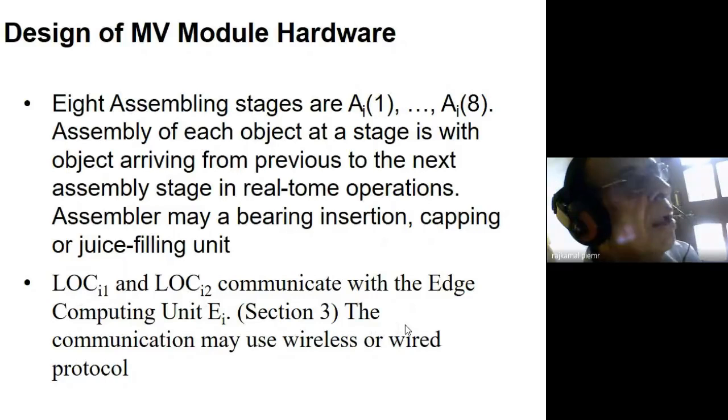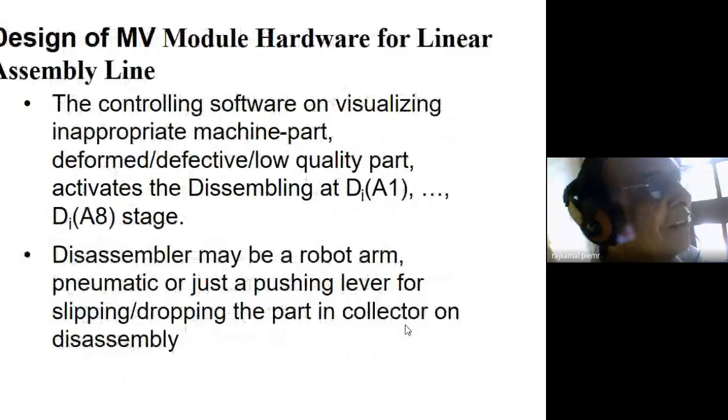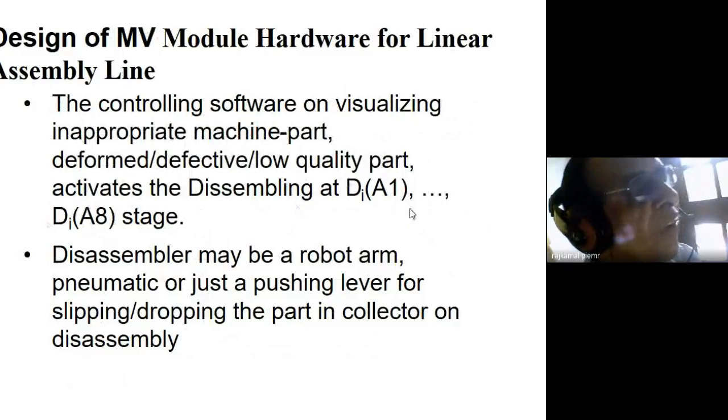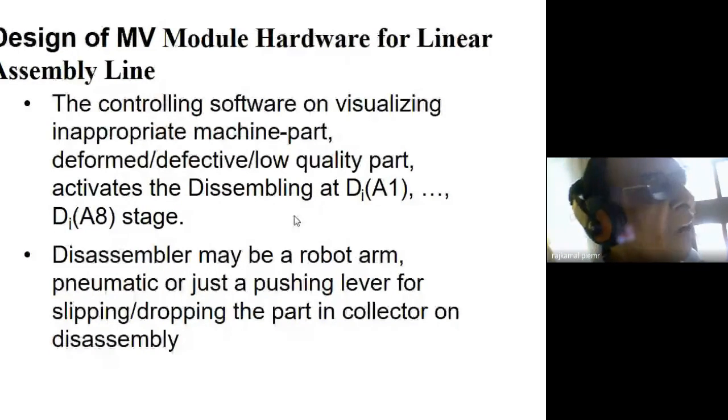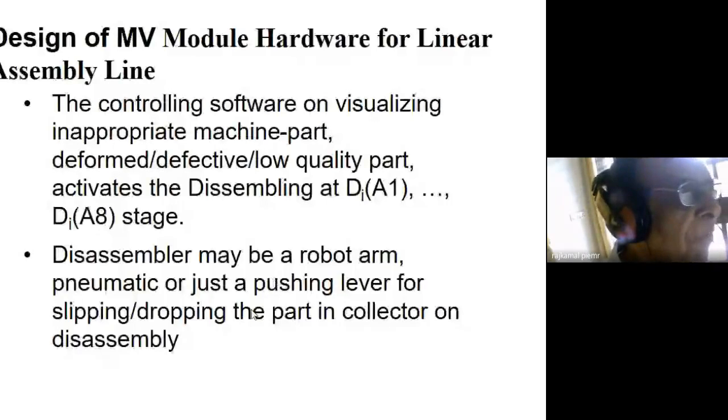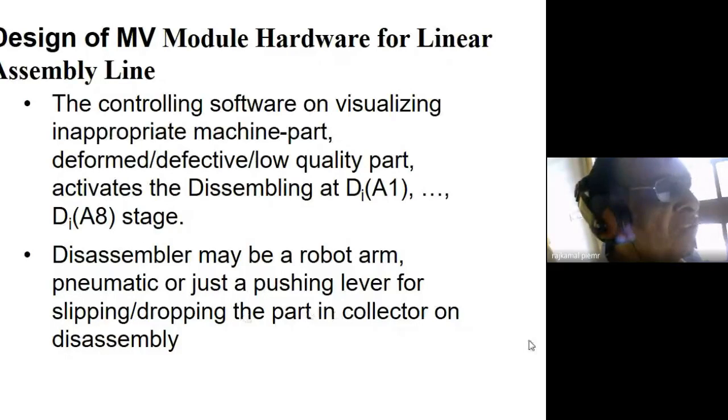Now, for a linear assembly line, the controlling software will be at the edge computing unit, and it will find out whether there is an inappropriate machine part, a deformed part, a defective part, or a low quality part, so that it will activate the disassembling at this stage. The disassembler may be a robotic arm, or a pneumatic valve, or just a pushing lever for slipping or dropping the